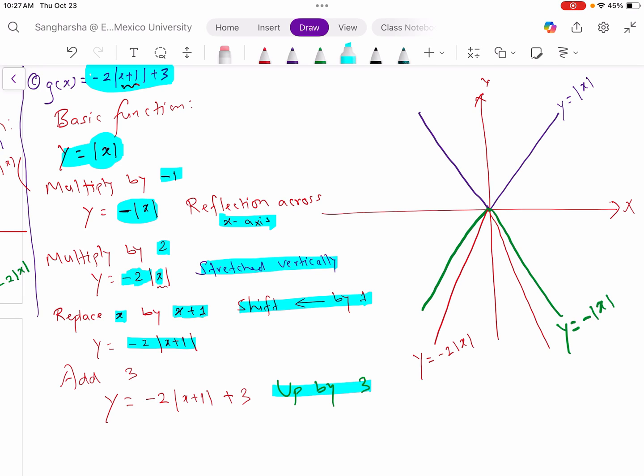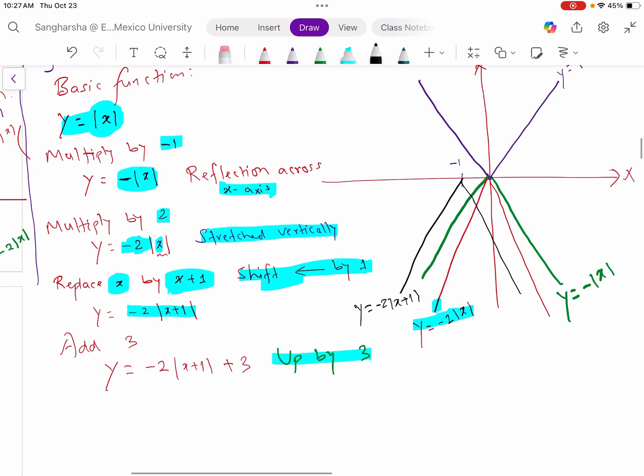Now next we replace x by x plus 1. Now we shift this graph to the left by 1 unit. So this is 0 here. So this is negative 1. So we draw this red graph, and just draw the V shape. Okay, so this is our y equals negative 2 absolute value of x plus 1, and at the end we